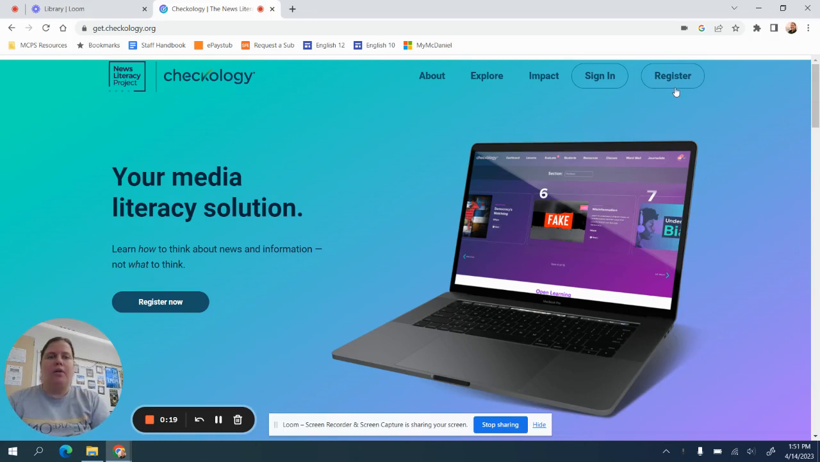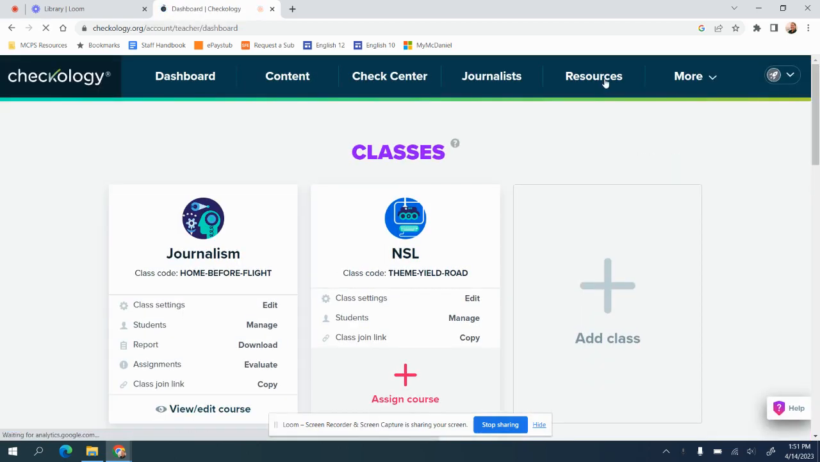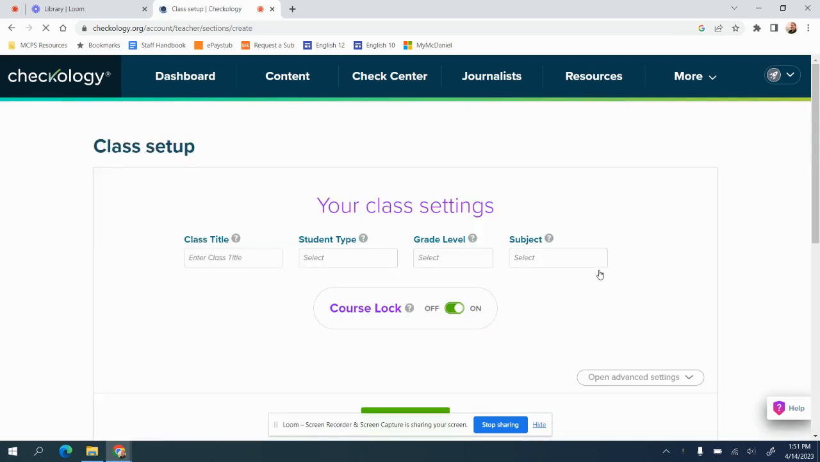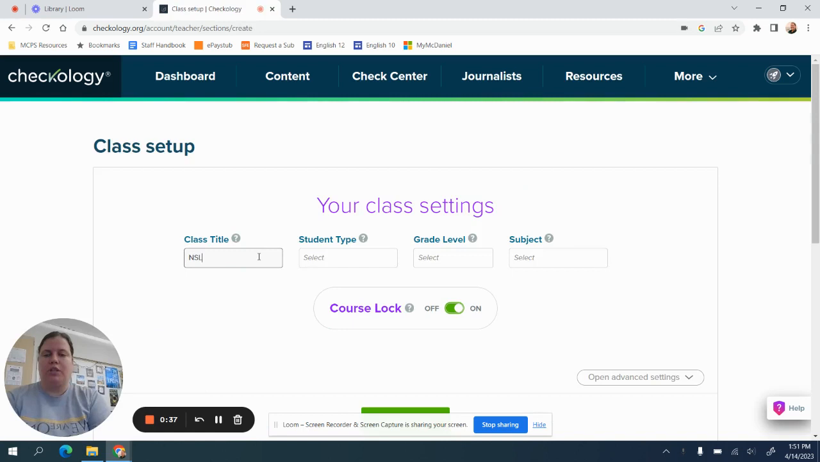To start out, after you log in, Checkology will prompt you to set up a class and will generate a unique course name and join link for students to use to access your Checkology classroom. After answering a few questions about your class,